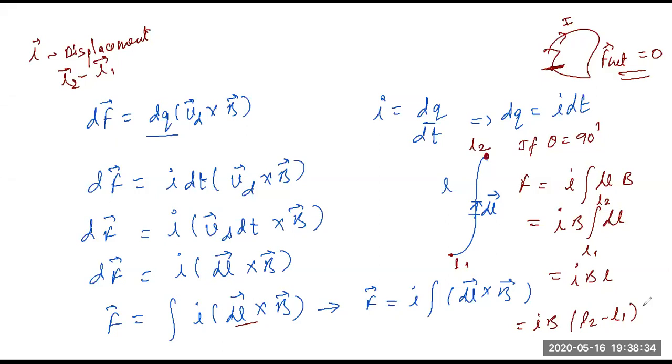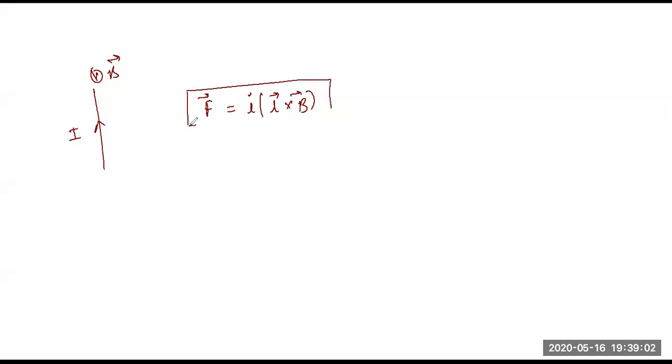So let's see. If there is magnetic field B, and in this magnetic field, you have placed a current carrying wire I, and the current is flowing like this. Can you tell me what will be the force? Force is I L cross B, because everything is constant. I am not considering any variable, any tilt in wire, nothing is there, right? So this is the formula which will apply where L is the length of the wire, right? Means displacement, distance between this point and this point.